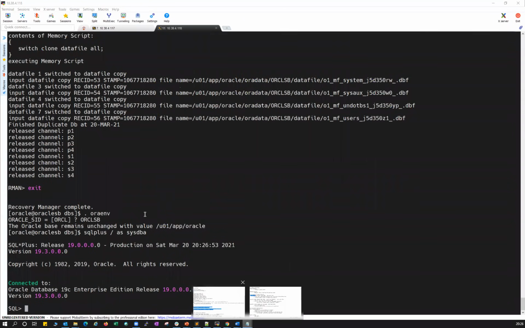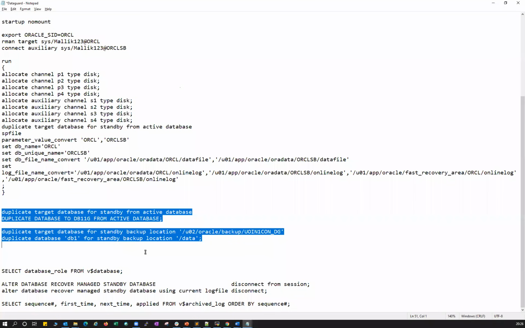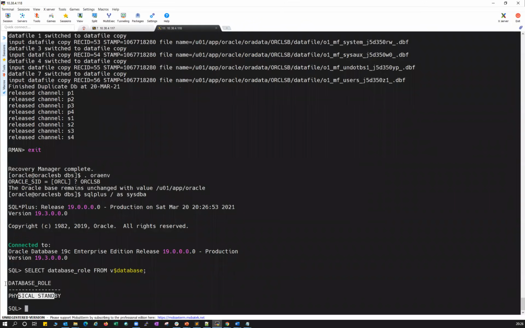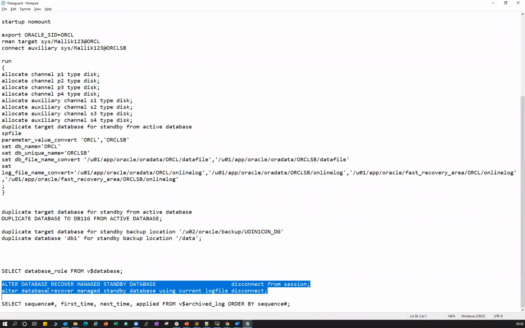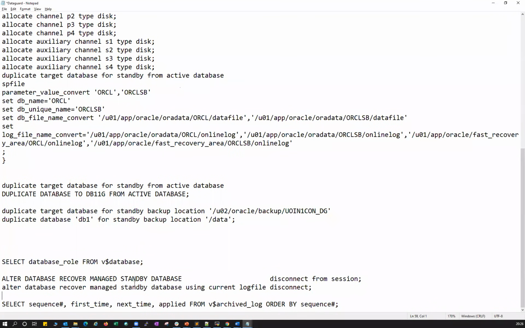We'll start the recovery now. We'll check the database role, it is a physical standby, and now we will see there are 2 concepts here. If you observe these 2 commands, they are slightly different. Alter database recover managed standby database. This is the common syntax you have to use. Alter database recover managed standby database using current logfile, or just disconnect from session, or you can use this keyword also here.